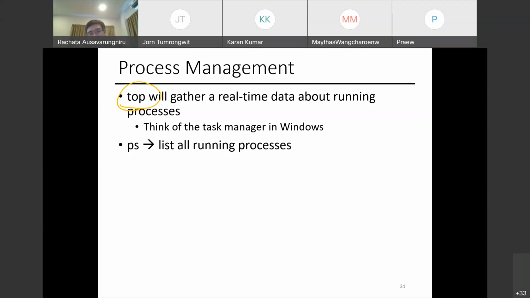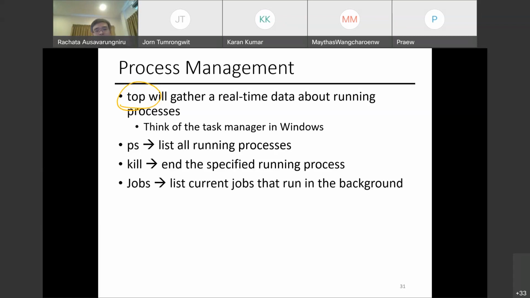Basically, it would list all the running processes. Kill means I'm going to end that specified running process. This is basically similar to when I hit the word end task. Well, actually, this is basically end process. So if you go to Windows, there's a task and there's a running process. Kill will kill the process, not the program. So if there's a parent, that won't get killed.